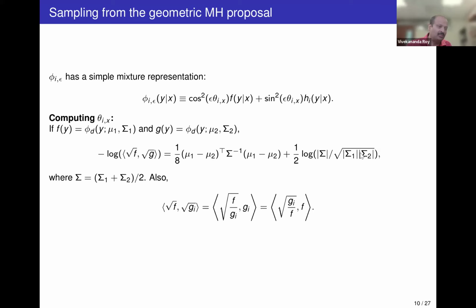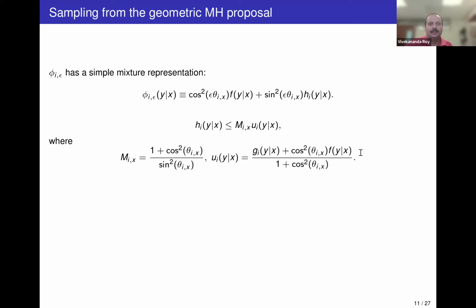And in particular, if F or G_i do not depend on my current value X, either of them, I can just use one big sample to compute it. So I don't have to do the sampling every time. But again, if F and G are normal, which is what we'll generally use, then this is available in closed form. So that means all I need is to be able to sample from H. We could show that H is bounded by a constant M, which I've mentioned here, times a density U,